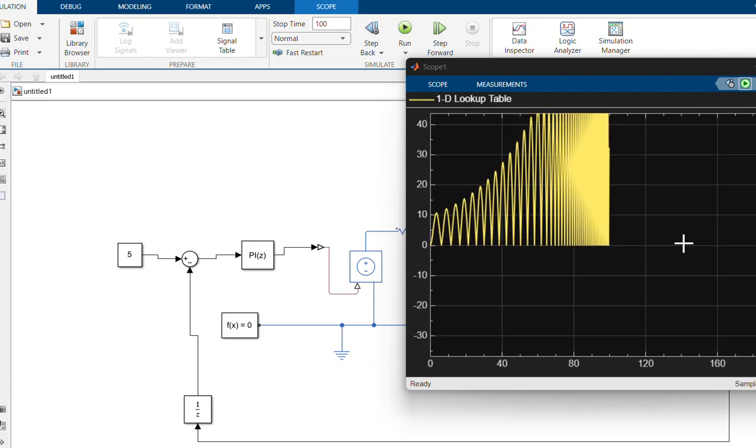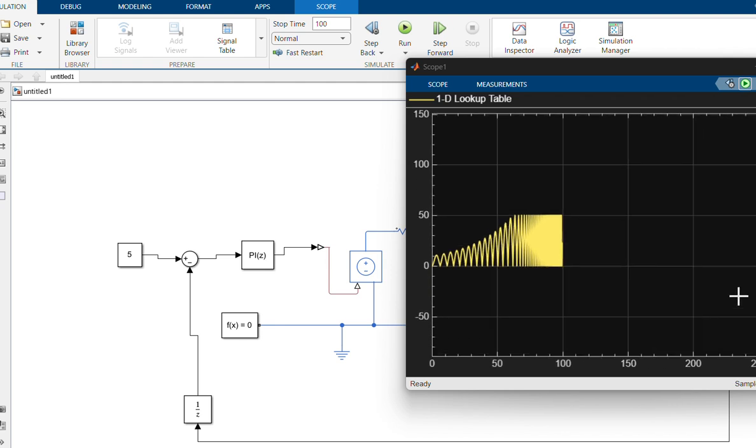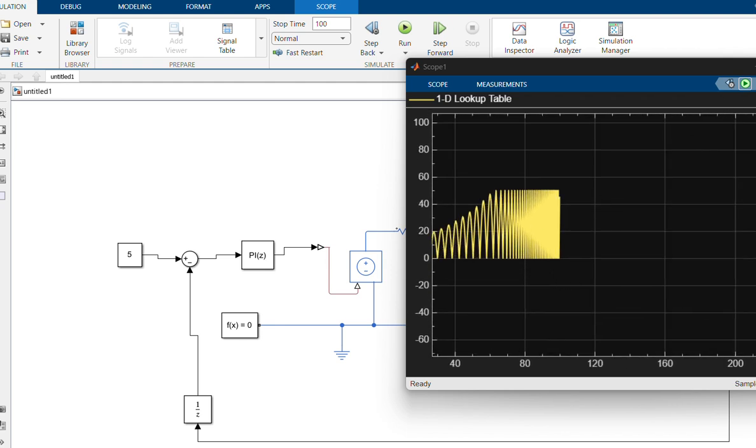It goes to the maximum value. Okay, but this scope is maybe okay. After the 50 seconds, it goes to maximum. Maybe it's okay.